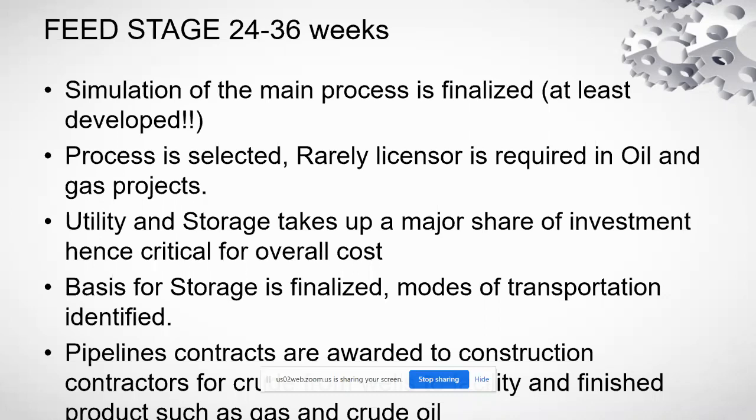Then the process is selected. Rarely are licensors required in oil and gas projects. Mostly, particularly in oil and gas projects, licensors are required if sulfur recovery or sulfur handling units are associated. If there is molecular sieve based drying of gases, then there could be a licensor for those products. Remember, when anybody uses the word licensor, the heart of the process is the catalyst. So if there is a catalyst involved, then there has to be a licensor, or somebody who has done extensive research on that process. Most oil and gas projects do not need a catalyst,